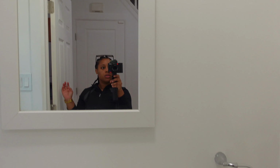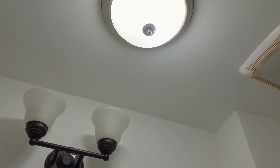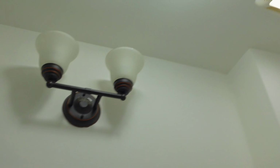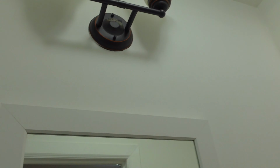So yes, this is the half bathroom that's downstairs. And there's a lot of lights in here. There's that light, here's this light, and then there's this light, so it's a lot of light. And then here's a window, whatever. So yeah, just normal bathroom stuff. Okay, so that's the bathroom, and then when you come out, this is the basement,